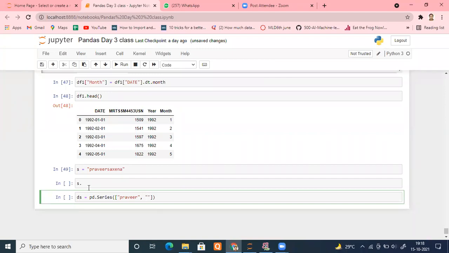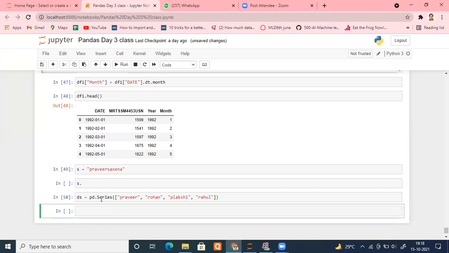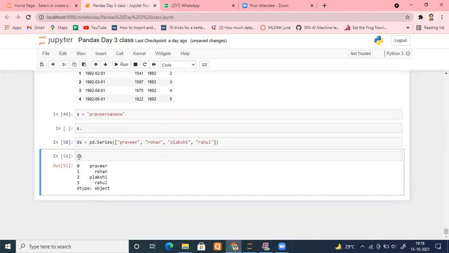Pravir, then Rohan, then Lakshi, then Rahul, for example. Let me check this. Just search pd.Series and pass your elements using a list, and immediately you will be able to create it. Let me check its type. It will be Series for sure.